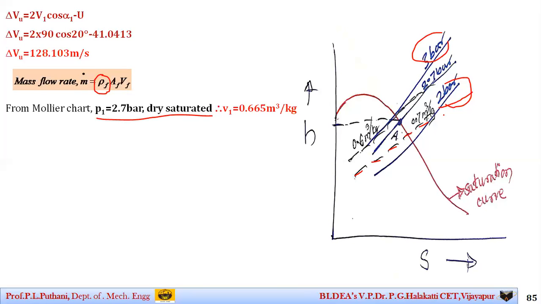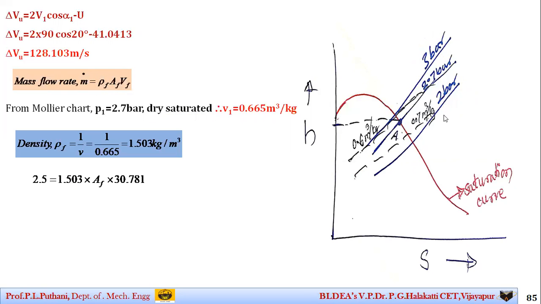So now, with a rough sketch and the use of the Mollier chart, I have got my V1 as specific volume as 0.665 meter cube per kg. Why I have found out the specific volume is, here the reciprocal of specific volume is nothing but the density itself. So density you can calculate using this particular procedure. So therefore, the density of fluid is how much? It is 1.503 kg per meter cube. And if I substitute in the equation, mass flow rate is already given to us as 2.5 kg per second. So we get the area as